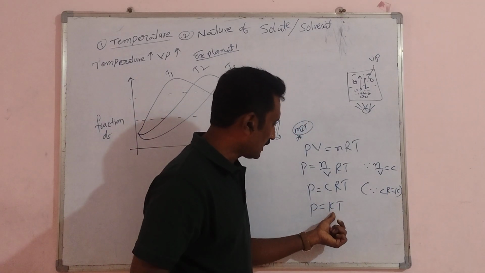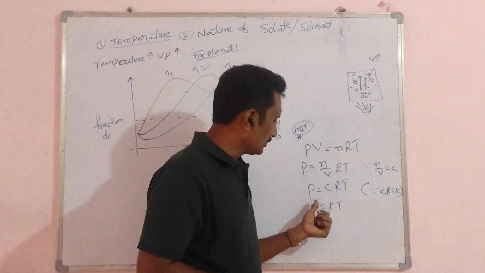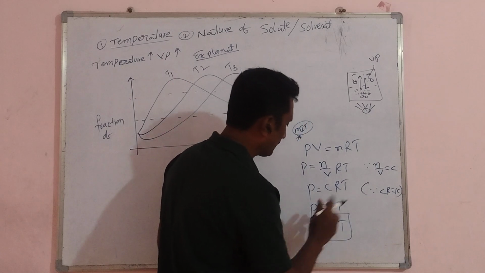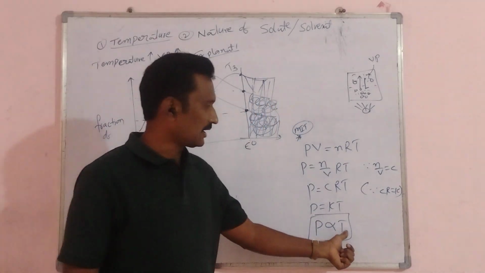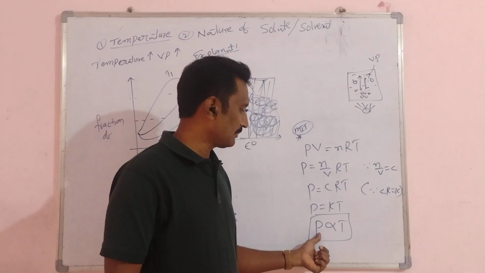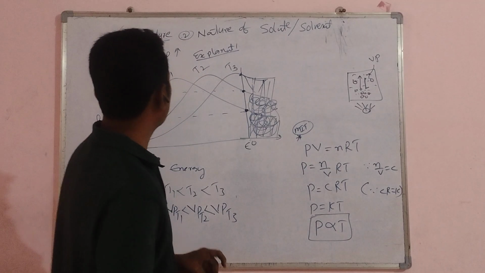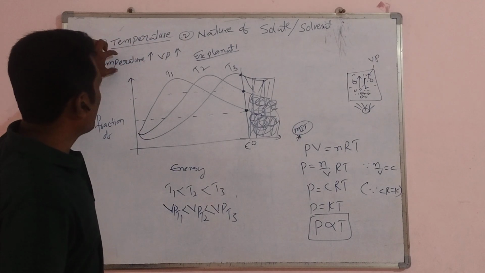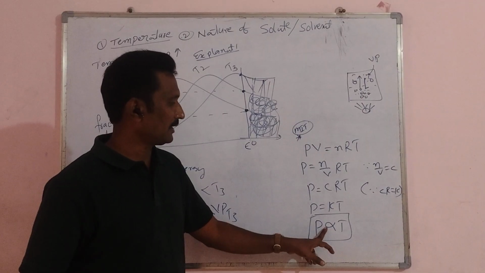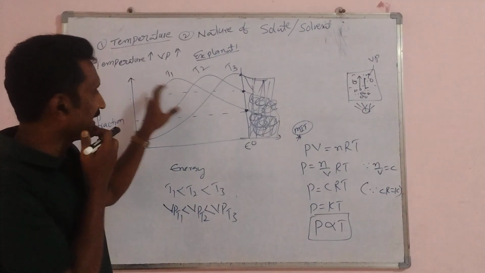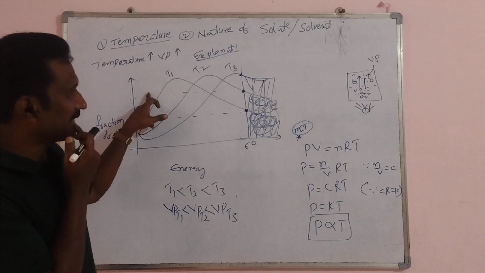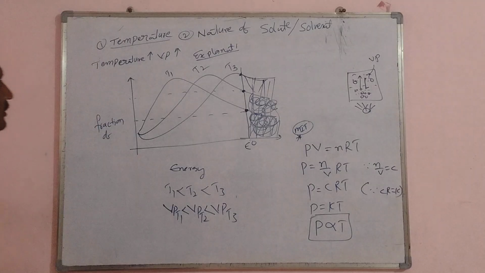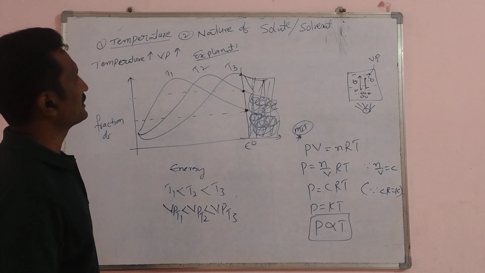तो P is equal क्या होता है, K T। When we remove the constant, proportionality is obtained, so finally क्या होता है, P directly proportional to T। ये भी एक सॉलिड रिप्रेजेंटेशन है। जितना टेम्परेचर बढ़ता है तो उतना प्रेशर बढ़ता है, वेपर प्रेशर भी बढ़ेगा, so that is the relation between the temperature and vapor pressure। So direct relation is temperature is directly proportional to pressure। ये दो रीजंस हैं, एक तो टेम्परेचर ग्राफिकल रिप्रेजेंटेशन एंड सेकंड वन इज द आइडियल गैस इक्वेशन, रिलेटेड टू आइडियल गैस इक्वेशन।